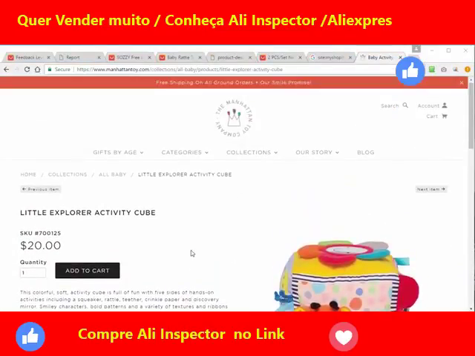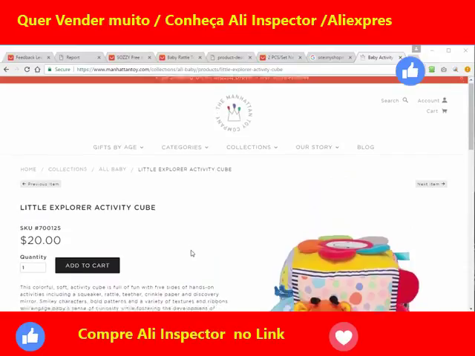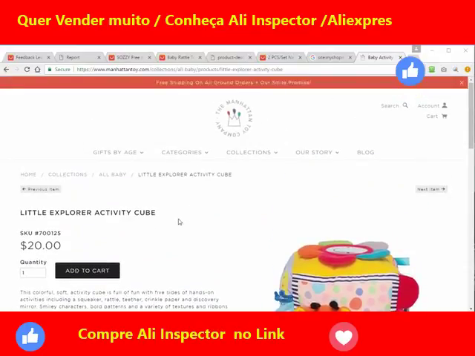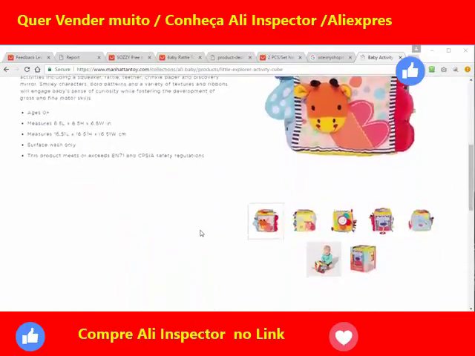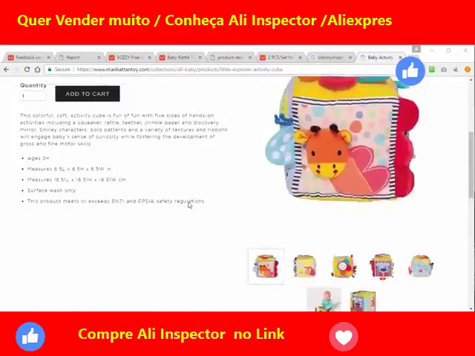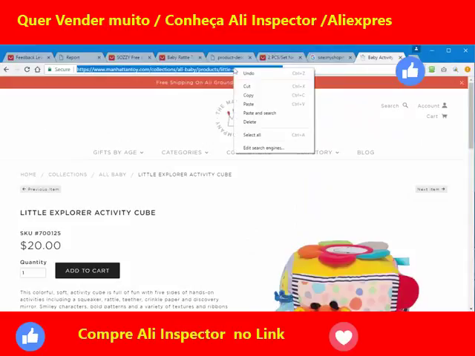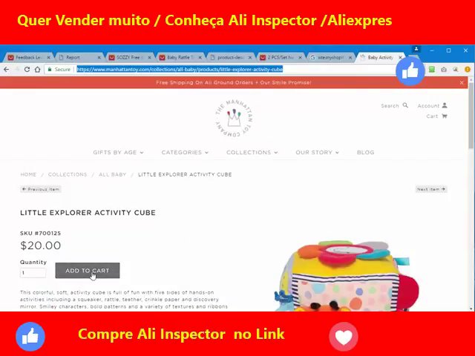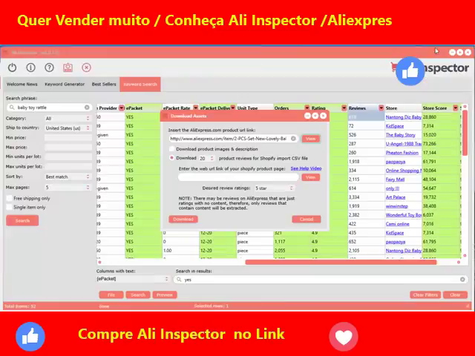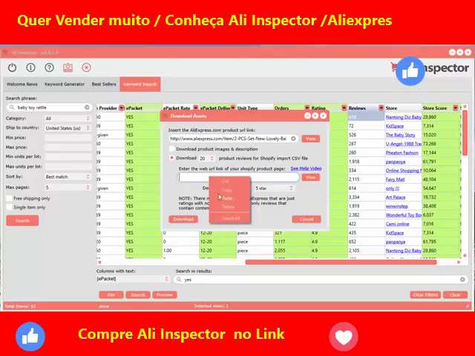Now I found just an example Shopify store here using Google, which I'll show you in just a second how I found this. But let's say, for example, this was my store and I want to put reviews on this particular store for that baby toy. So I can right click and copy the address of where people are going to go to my store, the page in particular where they're going to actually buy the product. Now I'll take this link and you put it into here,